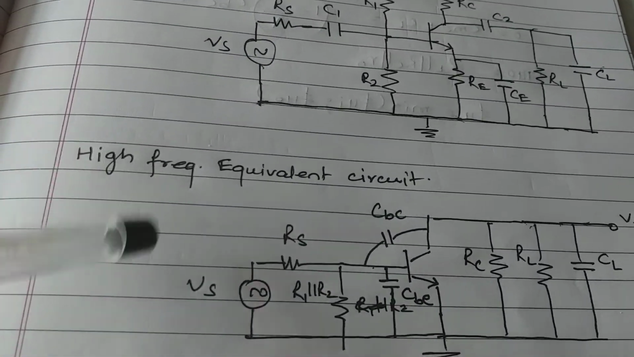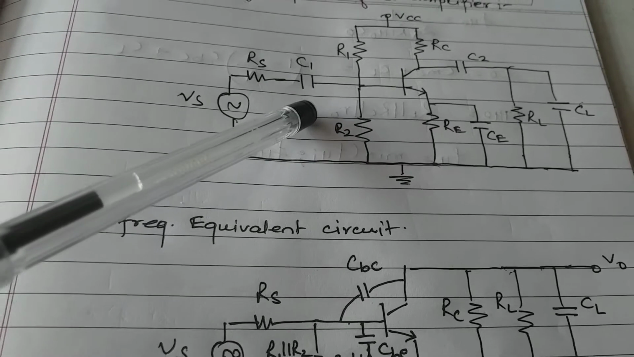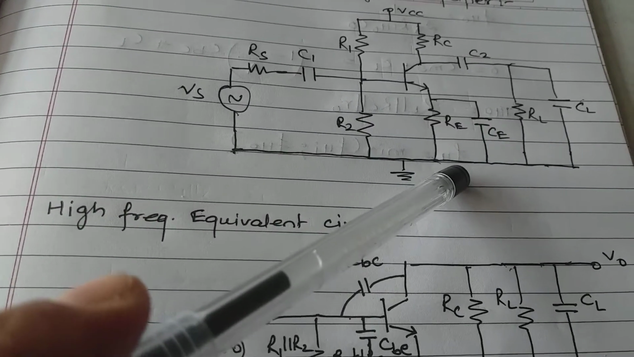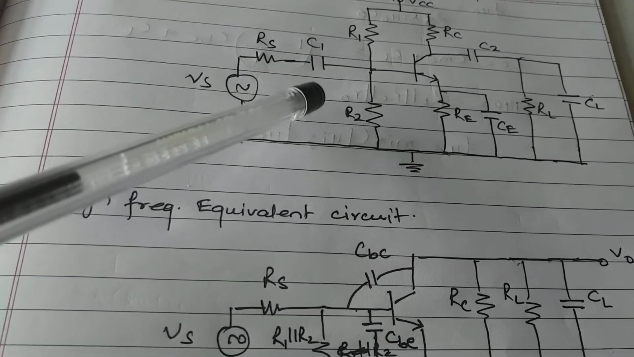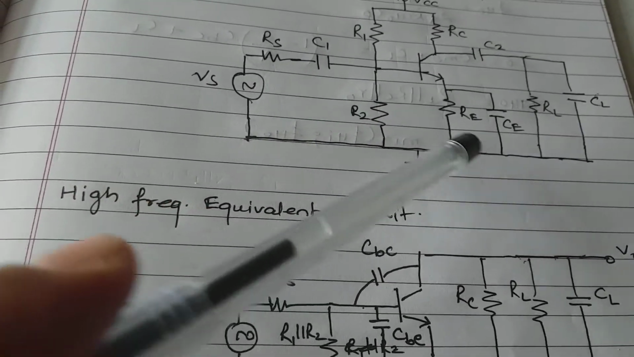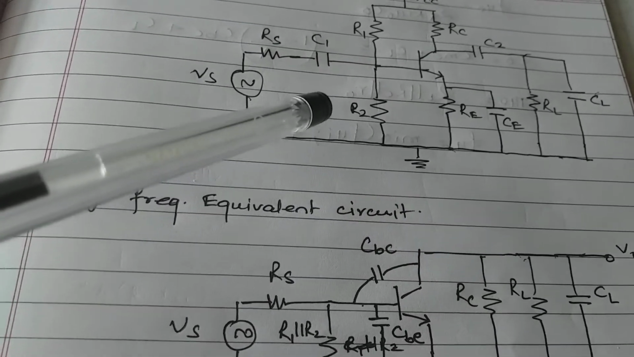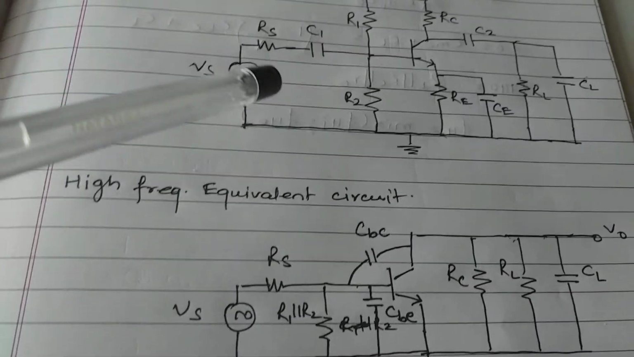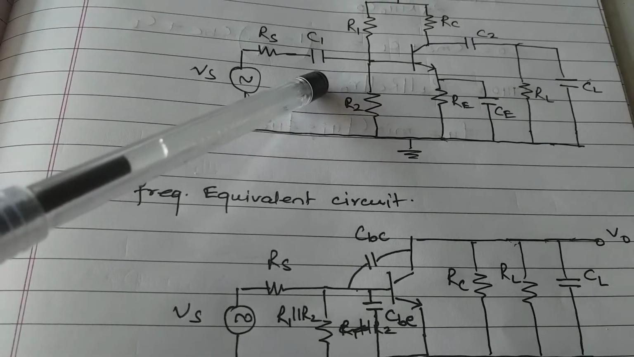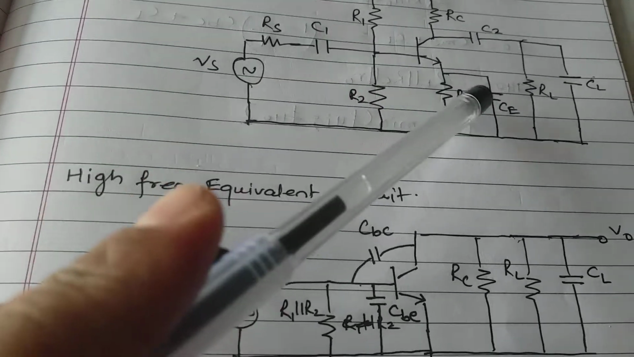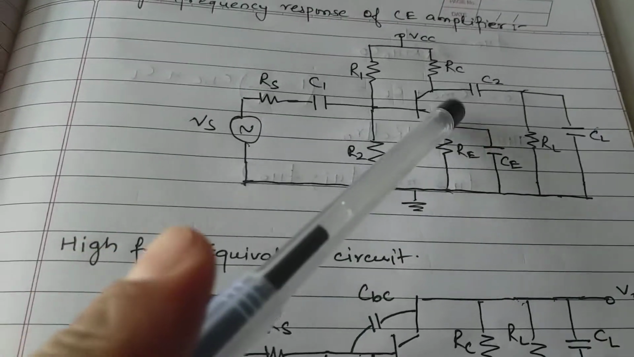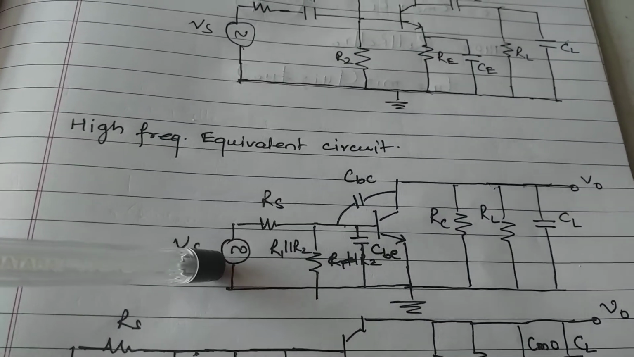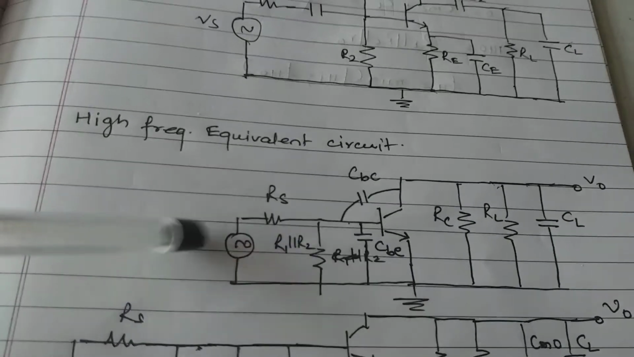So here for high frequency response we are not going to consider C1, C2 and CE as we do in AC analysis for mid frequency response. We only consider C1, C2 and CE for low frequency response of amplifier. So here we are not considering this. How? We are considering these capacitances as short circuit. So after short circuiting these capacitances and grounding VCC, we got this high frequency equivalent circuit for CE